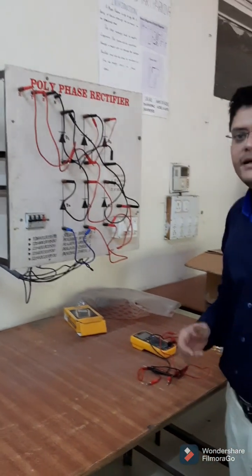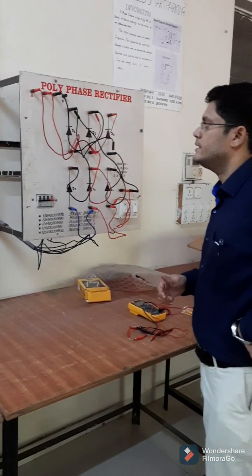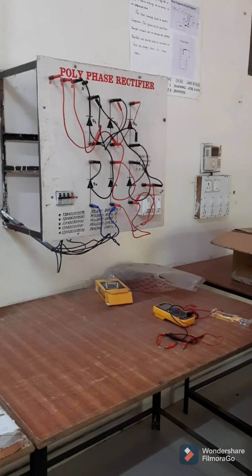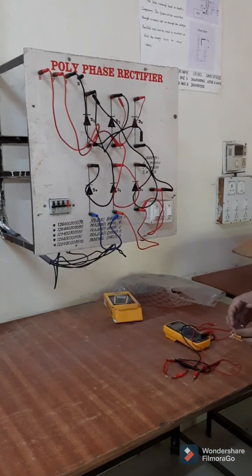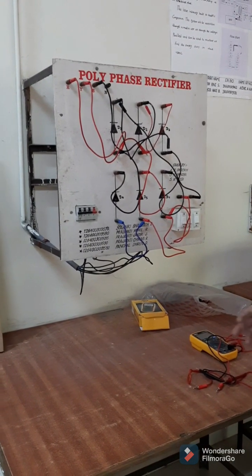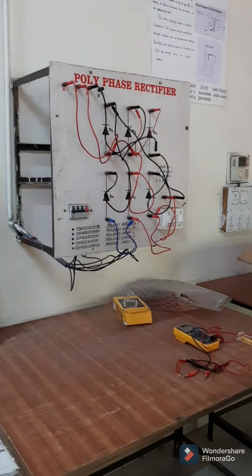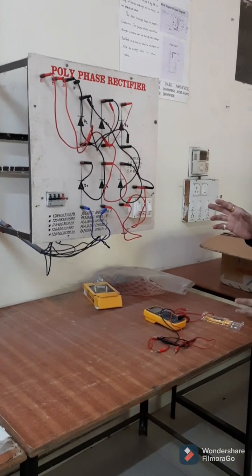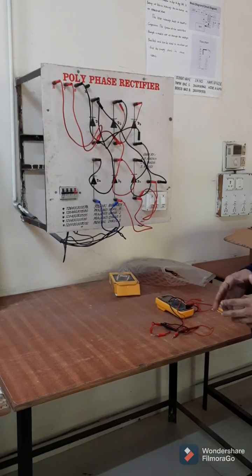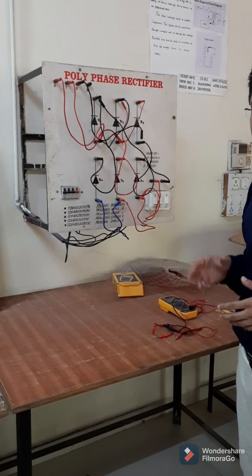We are going to see the second practical of our power electronics lab, that is the three-phase bridge rectifier, that is 6-pulse rectifier. In the previous lab we used the same circuit for the half wave rectifier. Now we have 6 diodes, and we are going to connect those diodes as given in the circuit. So let us try to understand how the connections are made.